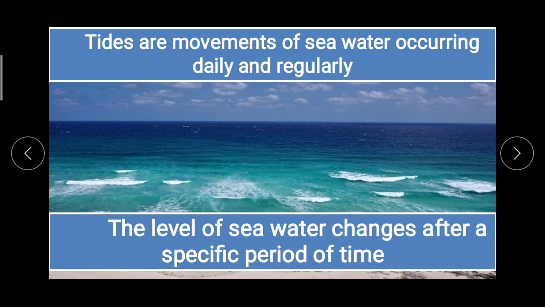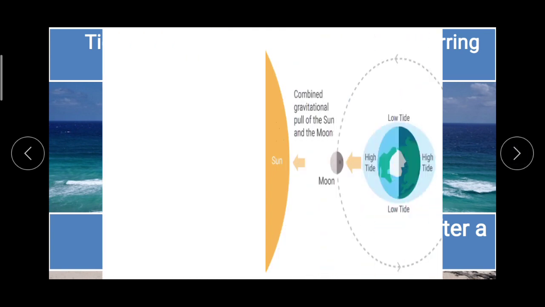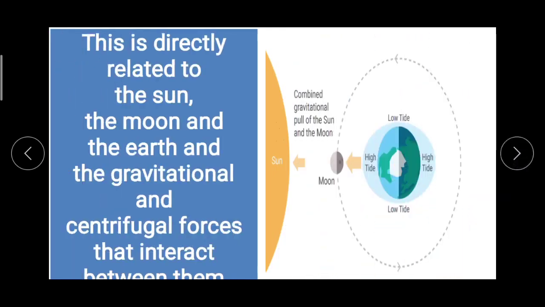So how much time does it take? 12 hours and 25 minutes. After 12 hours and 25 minutes, a cycle of high tide and low tide gets completed. So all the coasts on the earth experience tides. High and low tides are natural phenomena,